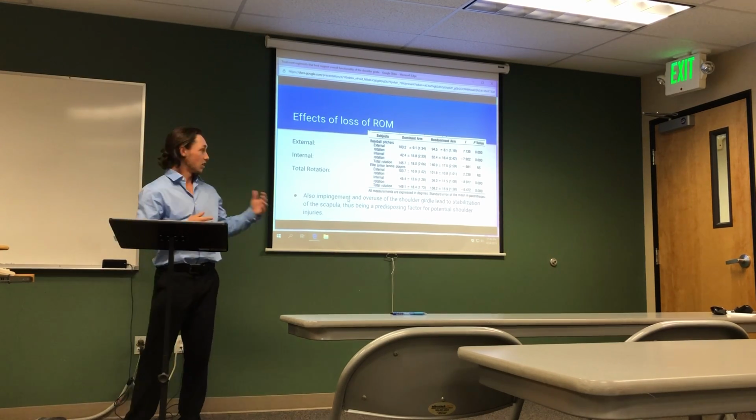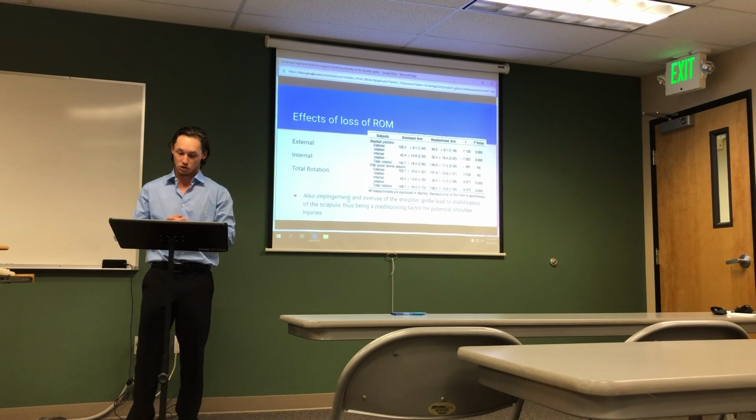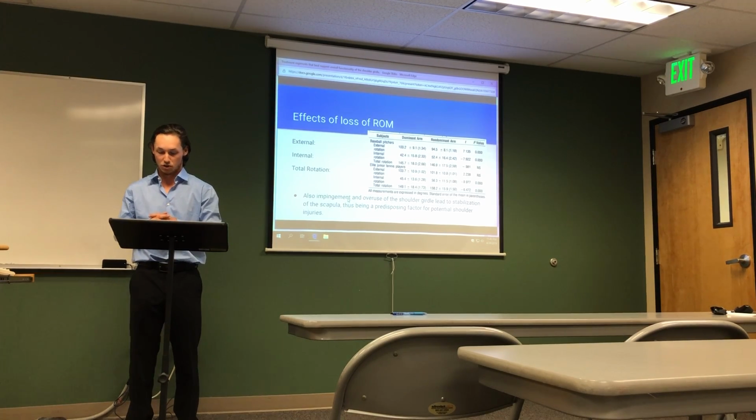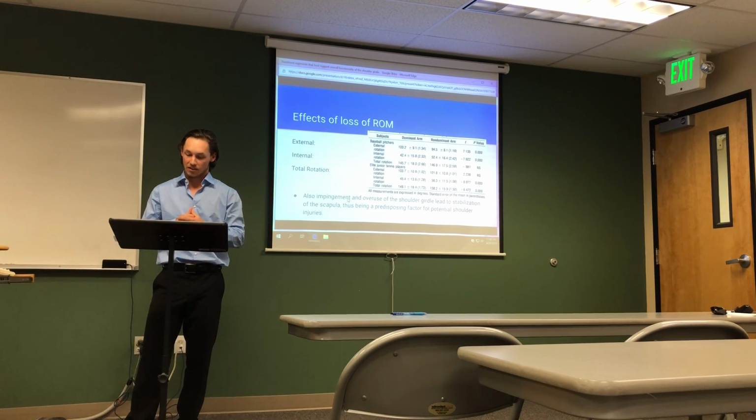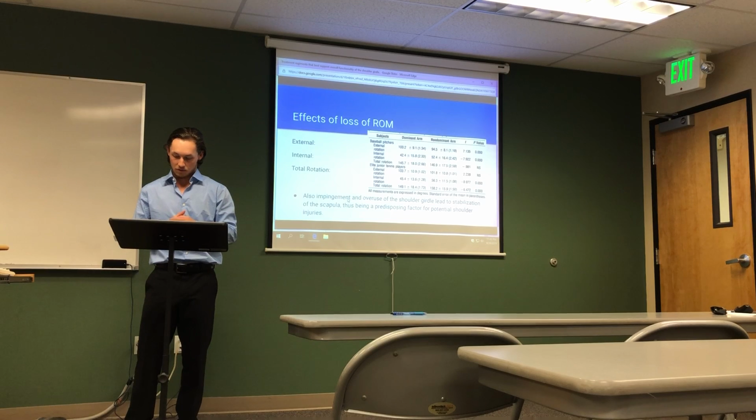In a study you've seen here done by Alan Becker, he measured glenohumeral joint total rotational range of motion in elite tennis and baseball players. It showed that in both groups of athletes, total rotational range of motion was greater in the non-dominant arm than the dominant arm. As well, in another study, we see here